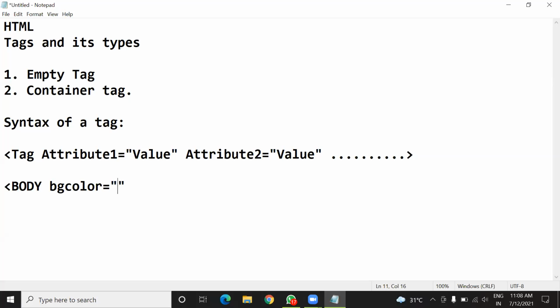So for example, I'm going to put the purple color. So here purple becomes the value of this bgcolor attribute. Understood, everyone? Yes, sir. Okay, so instead of writing the color name, you can also put the color code also.